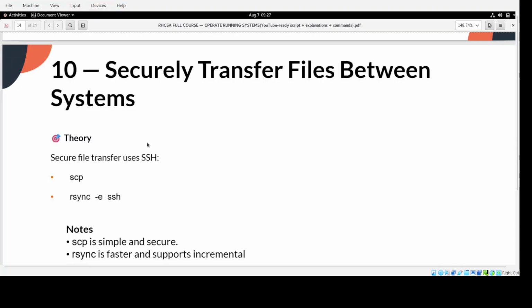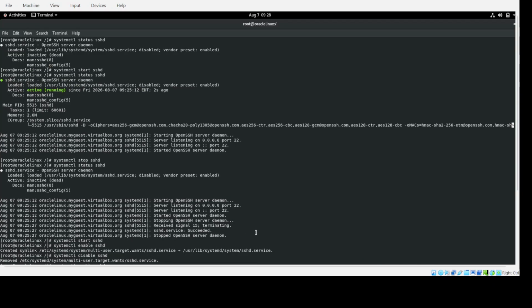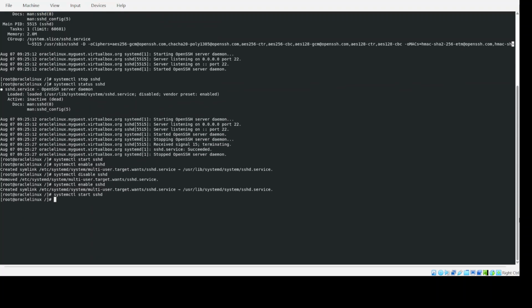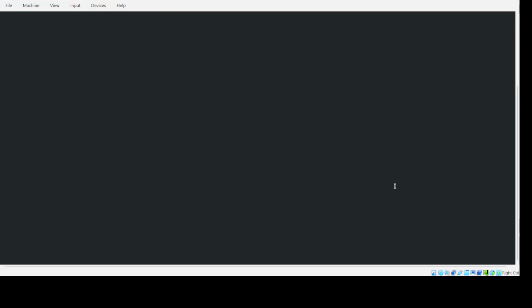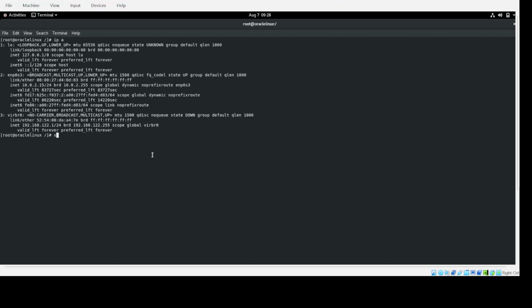Here we learn how to securely transfer files between systems. For secure file transfer, use SSH. And let's compare SCP and rsync. Both tools encrypt the data during the transfer, making them safe for moving files across systems. So, if we have to share a file through SCP, I check my IP. Okay, scp